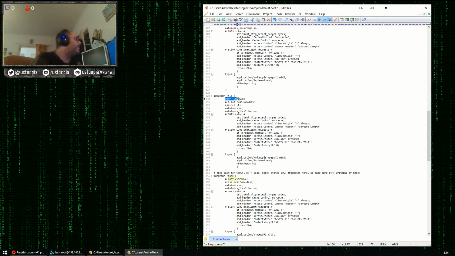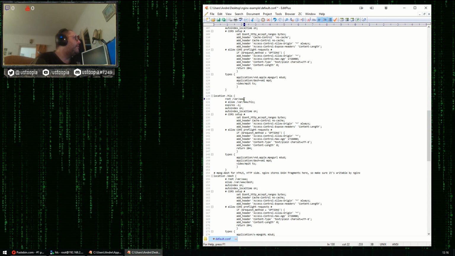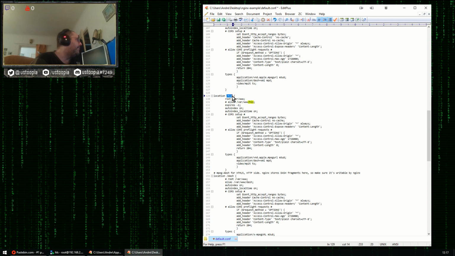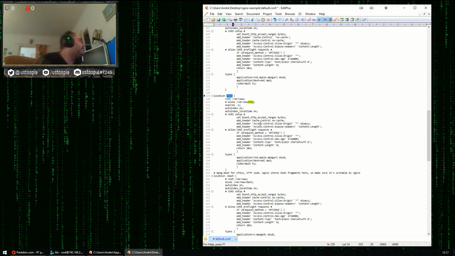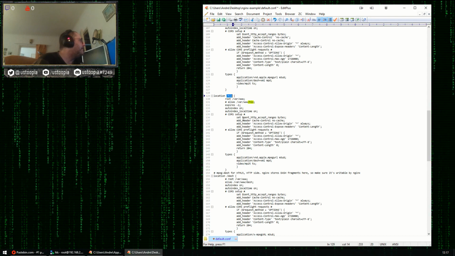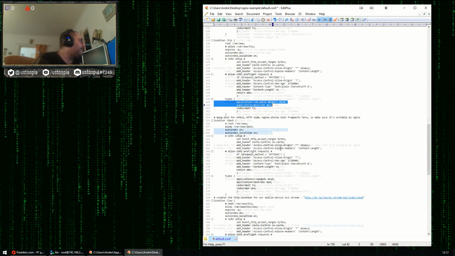So if you use root here, not alias, then you need to keep in mind that the part that actually comes after www is also the same as you already put there. It automatically kind of adds that. Not sure if I'm making any sense right now, but you get the idea. Also disable caching, same thing. Add the types, very important.